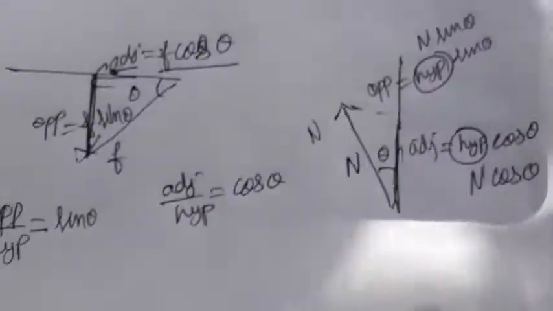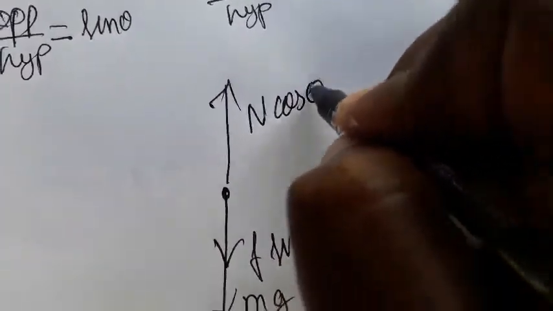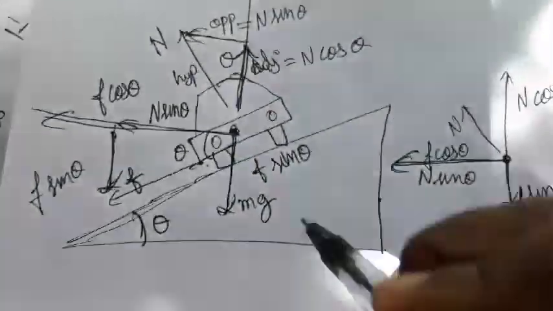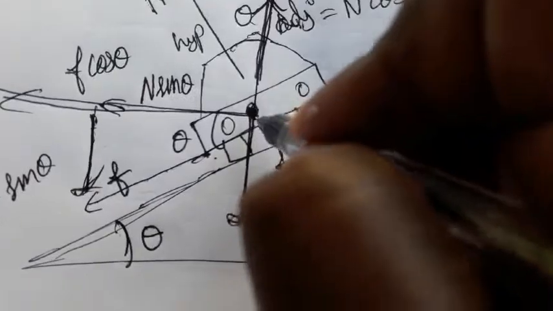Okay, so see here, it's the final diagram. See, mg is acting downwards, and also f sin theta will be acting downwards. Upwards will be N cos theta, and on the left side it is f cos theta plus N sin theta, both acting. See here, at this point this side will be N cos theta, this side will be mg, and f sin theta also acting this side. And this side will be N sin theta and this side will be f cos theta. Okay, at one point I brought everything.